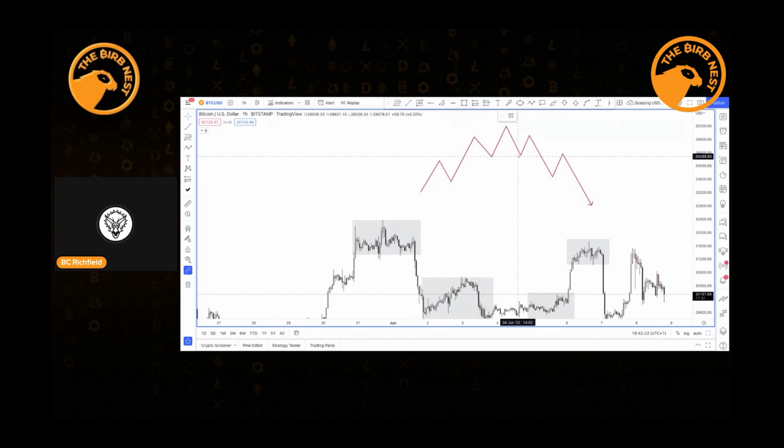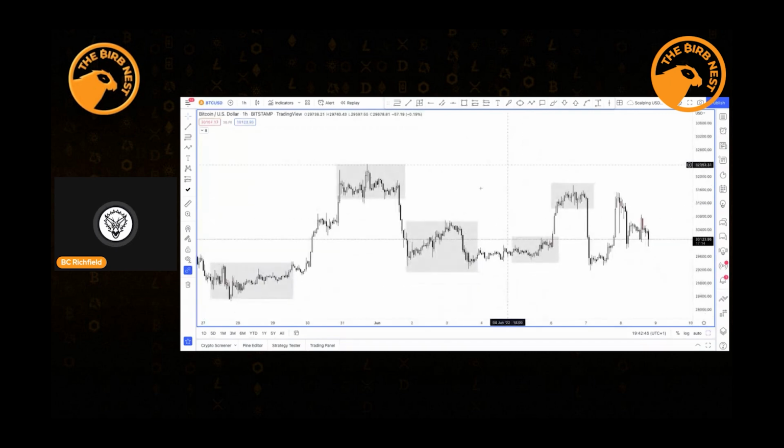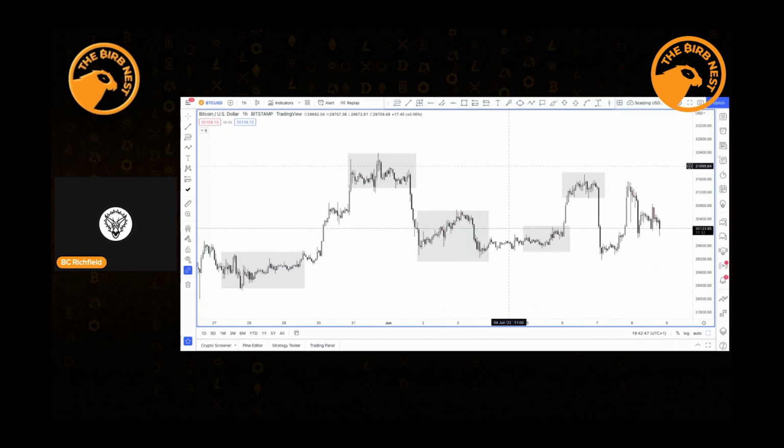So what we're going to do is mark the low, and what we're interested in is when it breaks below that low. There are two points where we can action this: on the break of the low or on the retest, which we'll see when we drop this to the lower time frames. Even if we're focusing here on one hour,